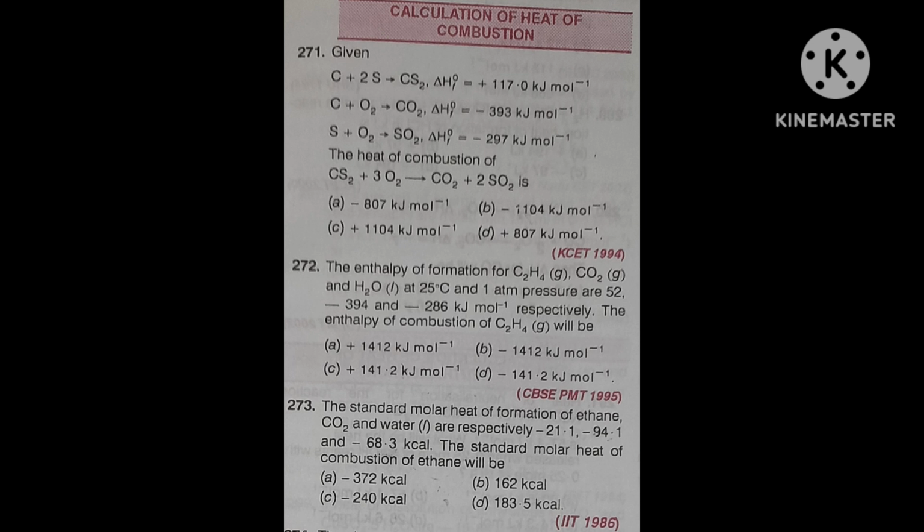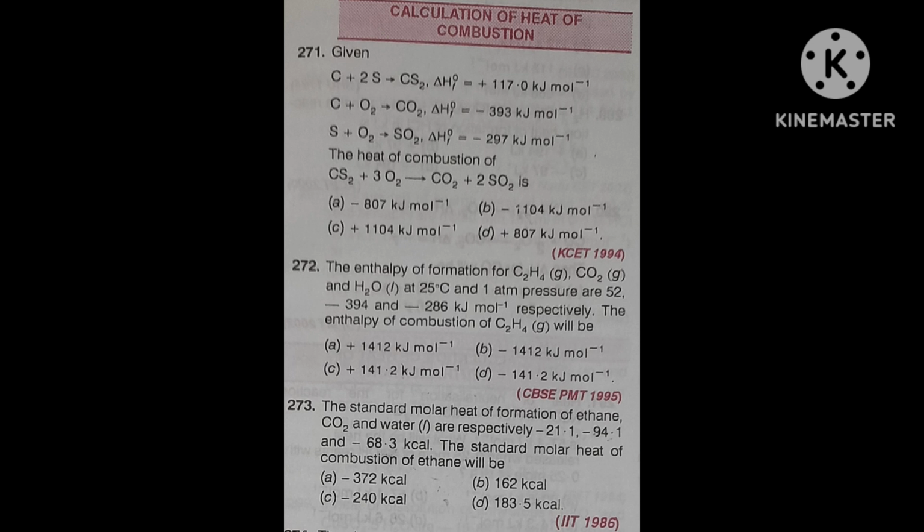And because you have to bring CH2 plus 3O2, how will you bring 3O2? For that purpose you have to multiply. You have multiplied equation 2 for that purpose only, because in both given reactions, second and third, only O2 is there, but you have to bring 3O2. That's why you have multiplied by 2. And after that only adjustment you have to do. You have to adjust and arrange the reaction, rearrangement you have to do, so that you will get the required reaction. And then after that you put the value.